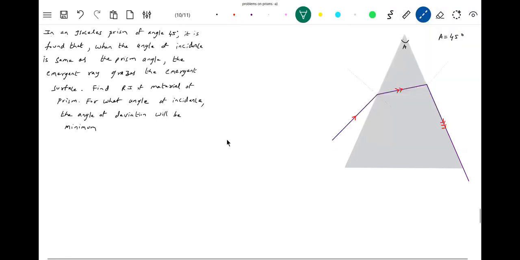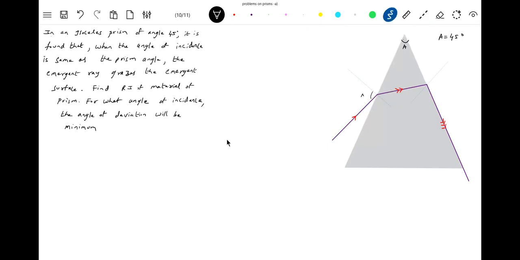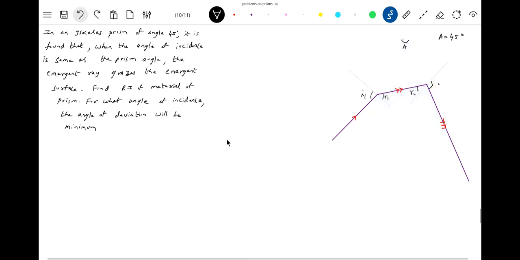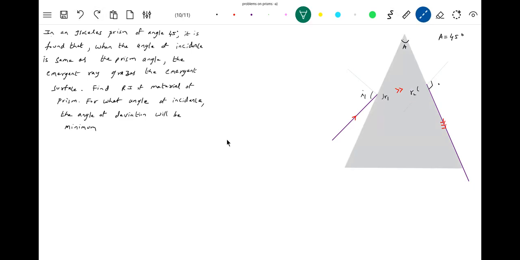Let me draw this. This is a normal here. So we have I1, R1, R2. I think this must be 90 degrees. I2 is 90 degrees. I should do something with this. When it changes, so this is